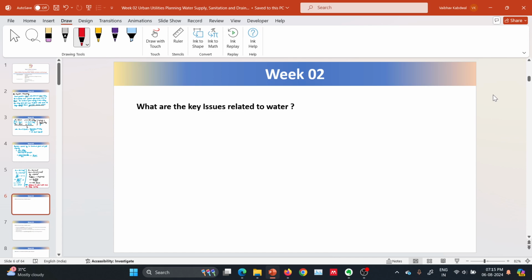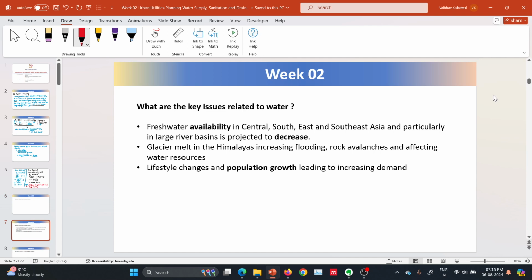You can think about these general key issues. These are fresh water availability. So let me just write it down. So as we know, quality, quantity, these are the issues. And apart from that,